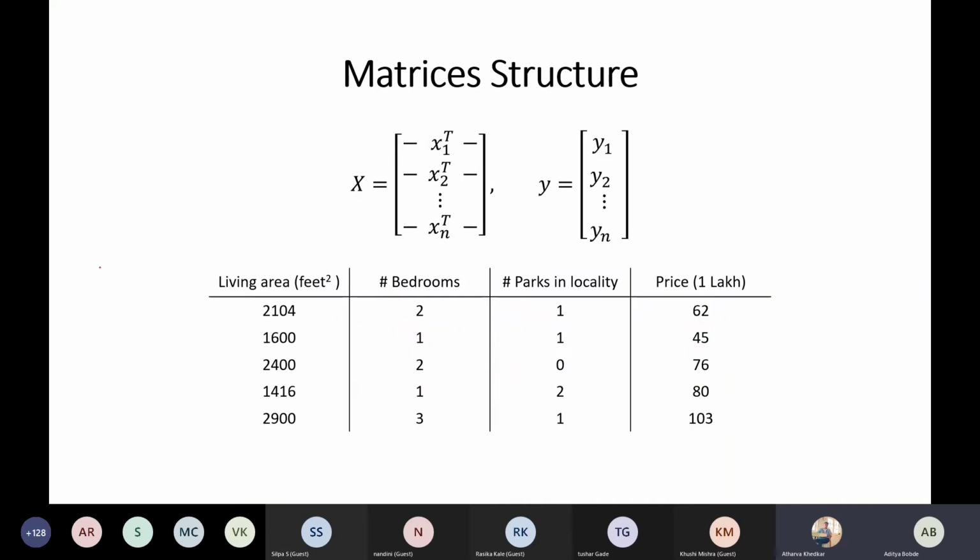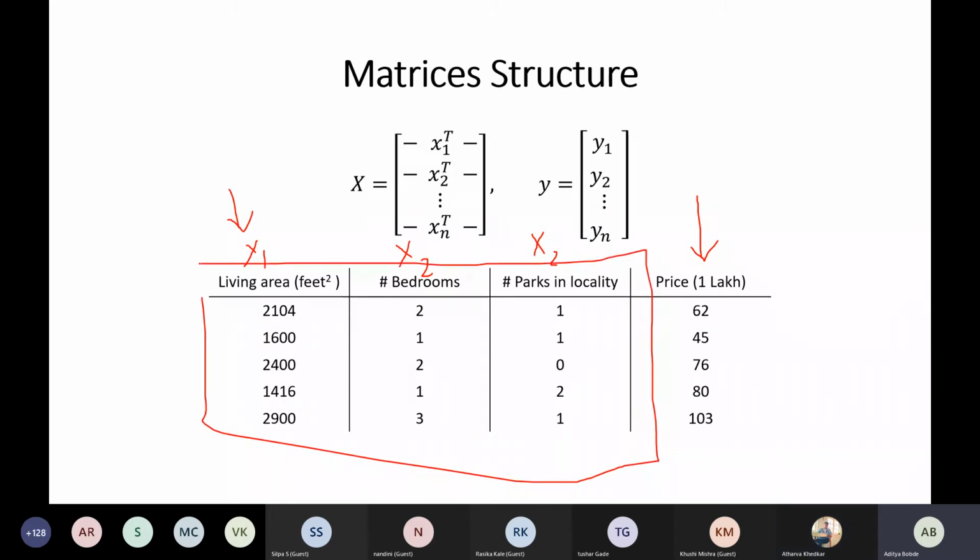Now the picture is much clearer. You have three features, namely living area called x1, bedrooms called x2, and parks in locality as x3, and this is the problem which you want to predict. Based on these features, you want to predict the price of the house. So this is called your y value. The value which you want to predict is called y, and the features which you already have are called x.